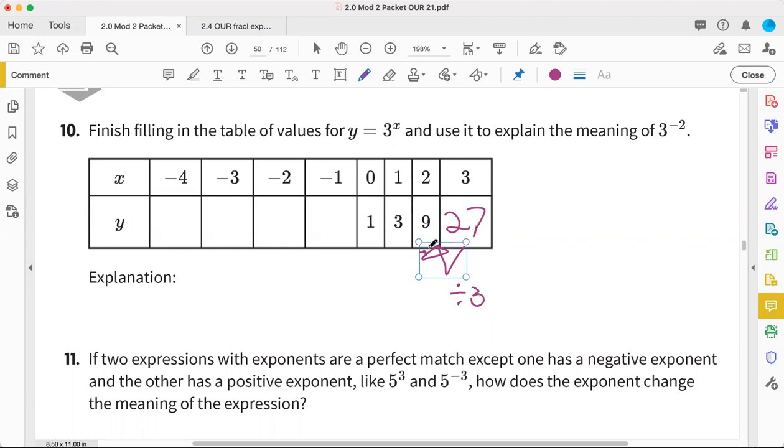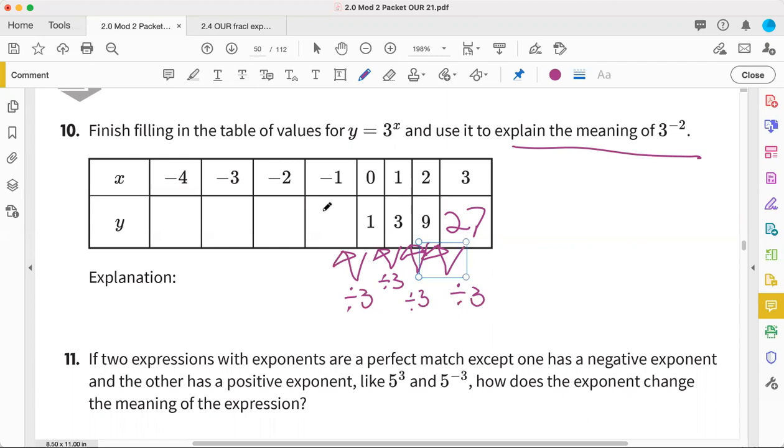27 divided by 3 is 9. 9 divided by 3 is 3. 3 divided by 3 is just 1. And we're going to show what this could mean for 3 to the negative 2. Well, if we keep going, same song and dance,